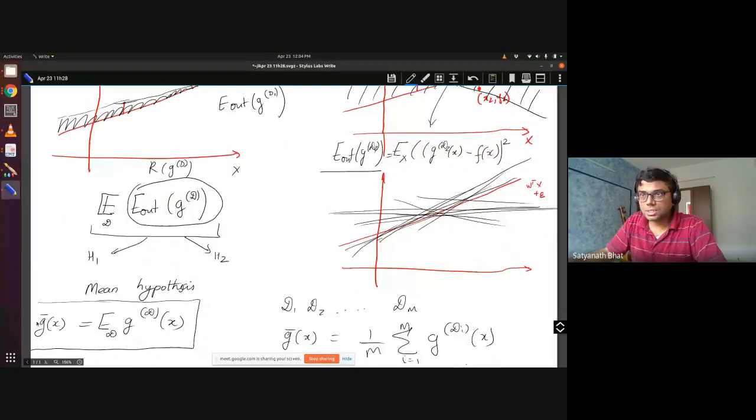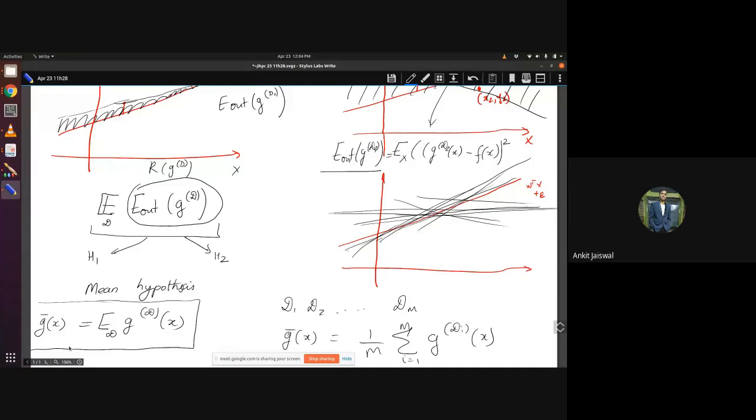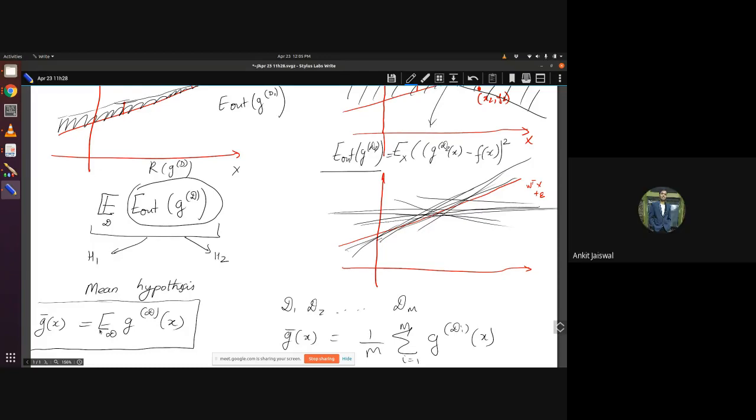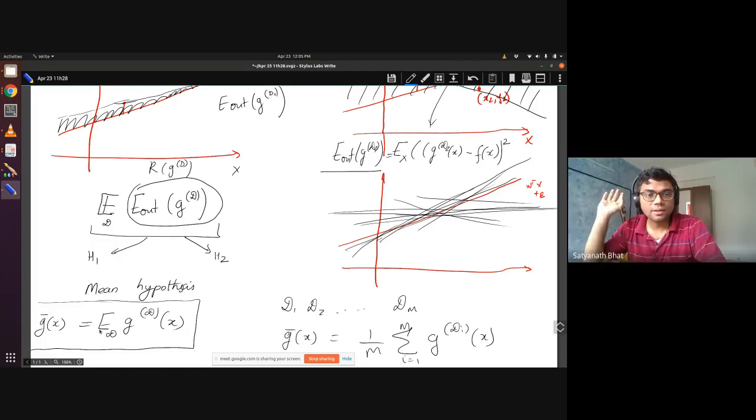Yeah. So now this G bar is a conceptual quantity. It is not that we will ever get this. Okay. So the purpose is, if I do a coin toss of an unbiased coin, Ankit, okay, I have an unbiased coin. I do 100 coin tosses. What do you think is the most likely value you will get? Yeah, you'll say 0.5, right? You will say your probability is 0.5.